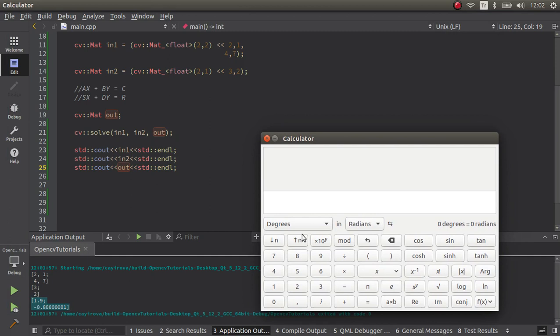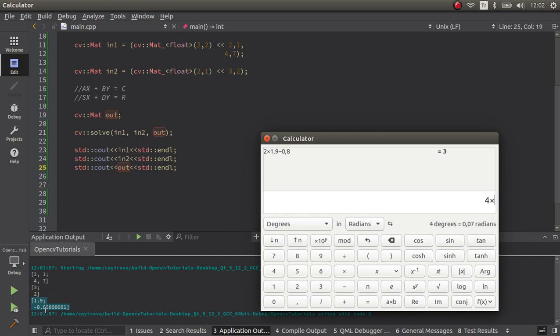2 times this is going to be a, x is equal to this because we already solved it. 1.9 is equal to x. So 1.9, then plus, but since this is minus, maybe minus 0.8 is equal to 3. So this is the 3 already. So the x is correctly calculated. So it's correct. Let's try with the second equation, which is 4 times x